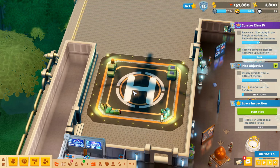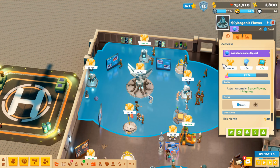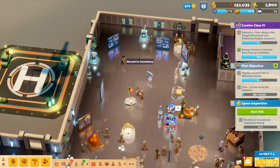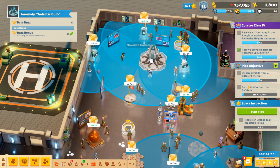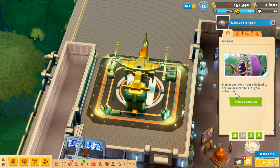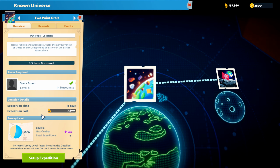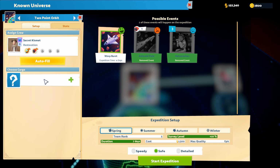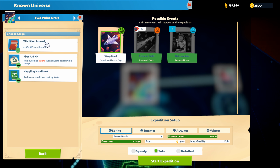We just got our hands on another galactic bulb. Nice. Let me go ahead and see if that's a higher quality than the one we currently have. Yes. Good job, my friends. All right, let's go ahead and put this new one down, and then we're going to immediately yeet some of our ever-expanding crew of space experts back into space,